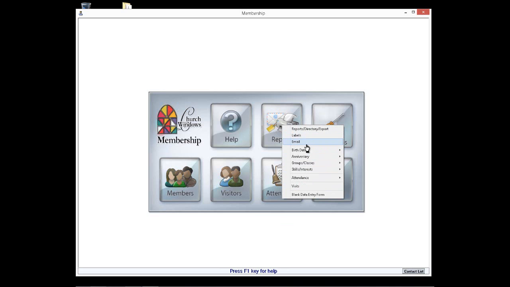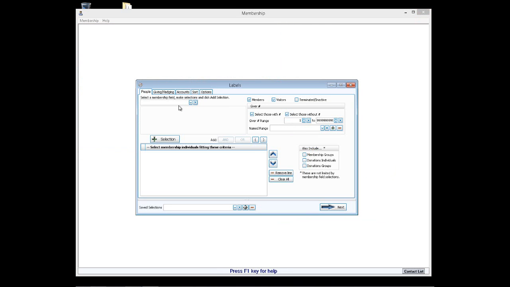Okay, I see somebody discussing labels. I can show you labels. Discussing labels could take a whole nother hour. Here, labels, notice this screen is the same as when we went to reports. I can combine criteria for membership and donations. Choose what I want here. This is my person picker,